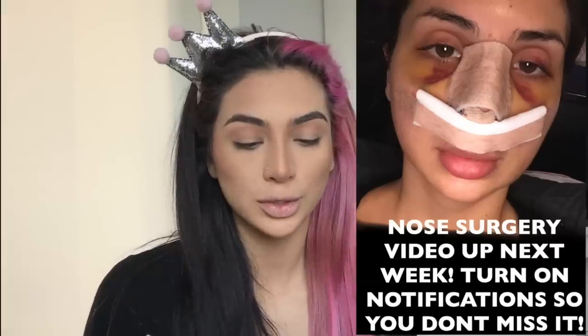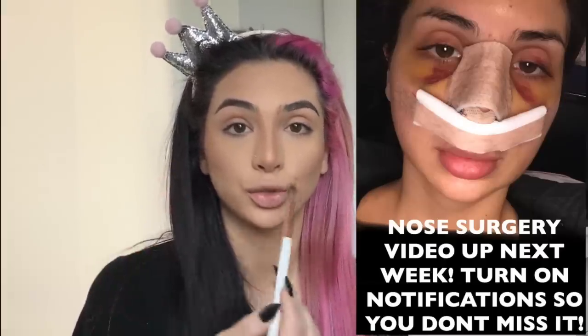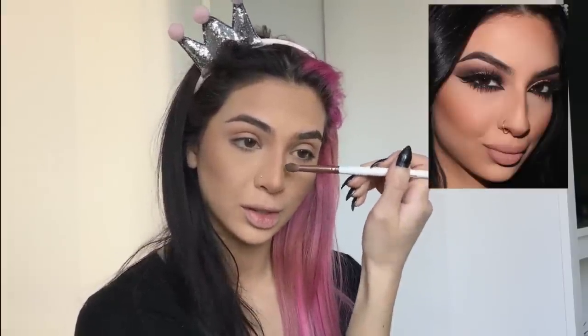See how I'm not doing the underneath? It's because I kind of like how my nose looks without too much darkness there. I kind of like to have that little tip. But back before my nose surgery, I used to contour the crap out of that bottom part because it used to hang down kind of low. That's one of the things I really hated about my nose. But now it's gone, so...